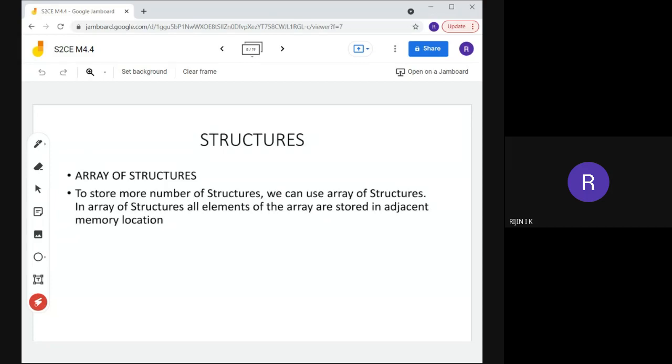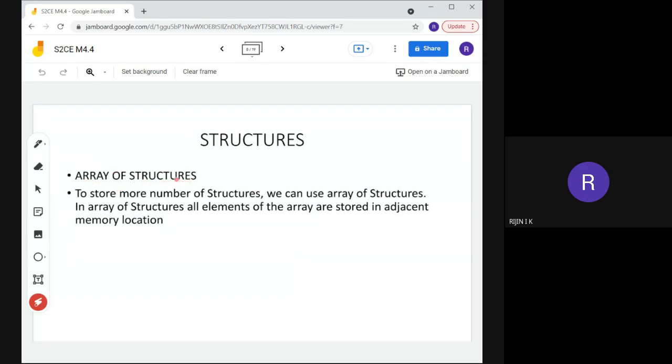As we know, a structure in C is a user-defined data type. Using a structure variable, we can store more than one element of different data types.